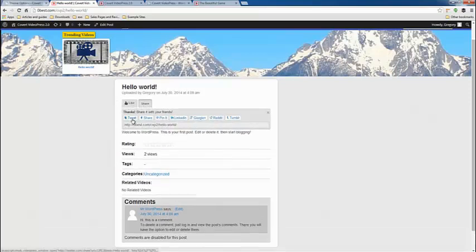Or if we click share, there it is. If we click share, and that's really awesome, by the way, you have the opportunity to share it anywhere, any of those sites that I just mentioned, with a link. And that's a great way to get backlinks, a great way to pump your social signals throughout the internet,